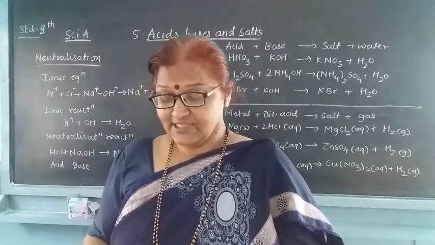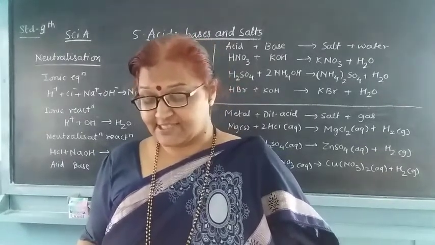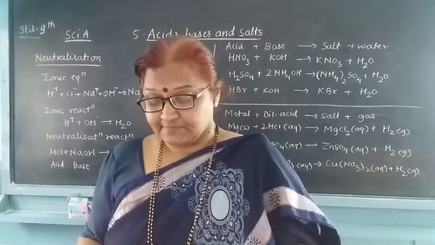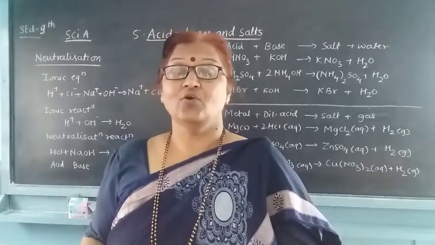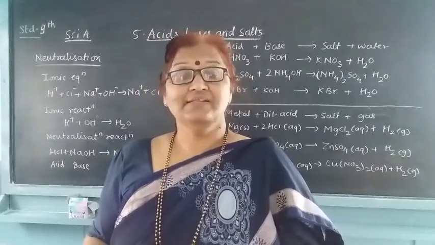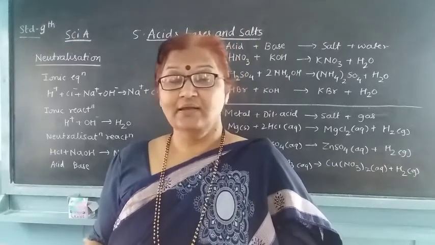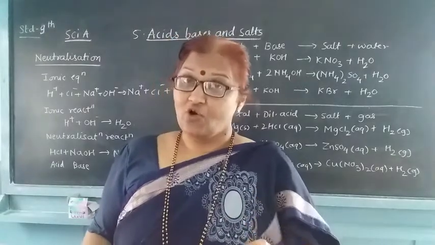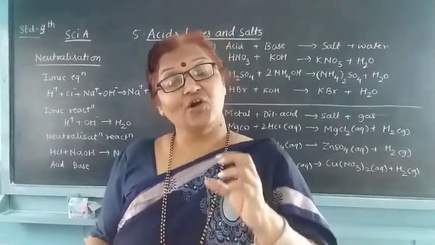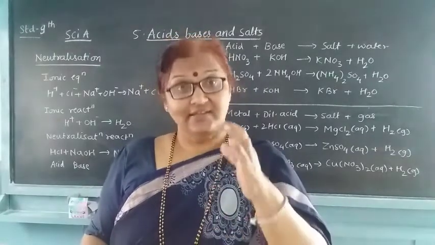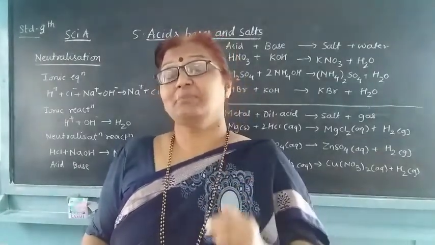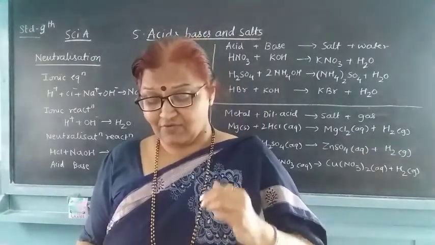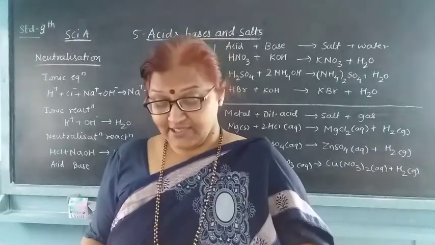So as the NaOH solution is added drop by drop to the HCl solution, the concentration of H plus goes on decreasing due to the combination with the added OH minus ions. So what happens? First we have put the HCl into the beaker. So what does it contain? It contains H plus ions. When we go on adding NaOH, the concentration of the OH ions goes on increasing and that of the H plus ions goes on decreasing. And the pH also goes on increasing.